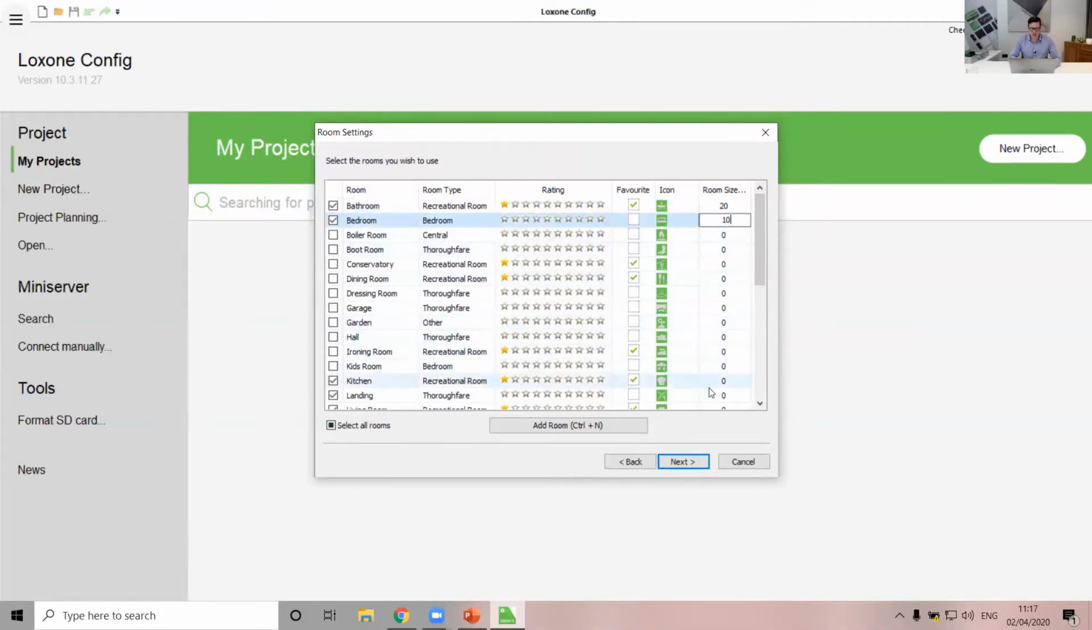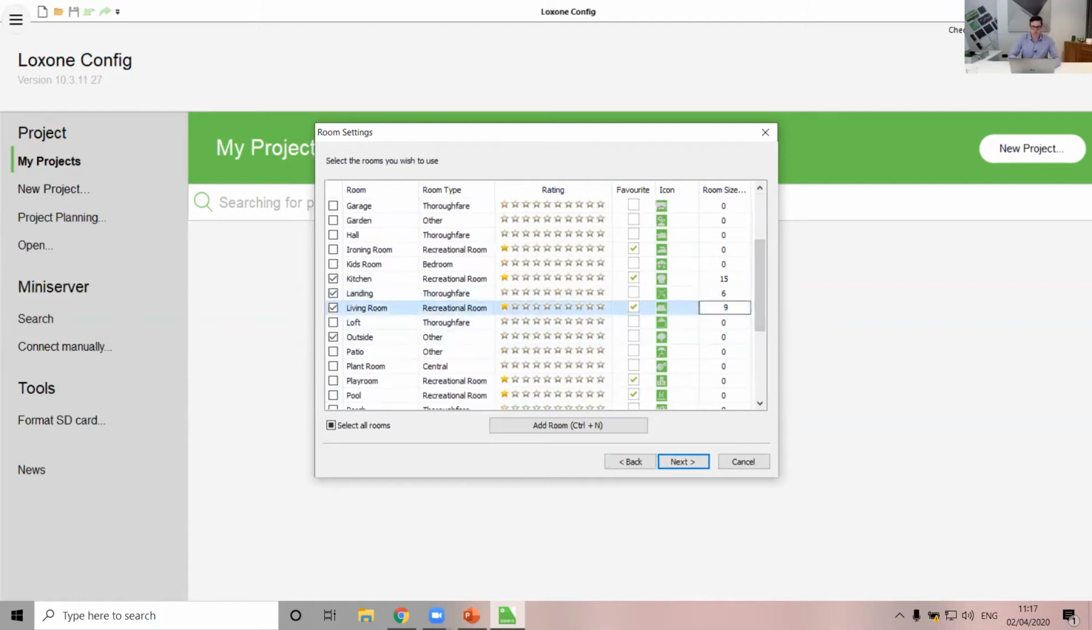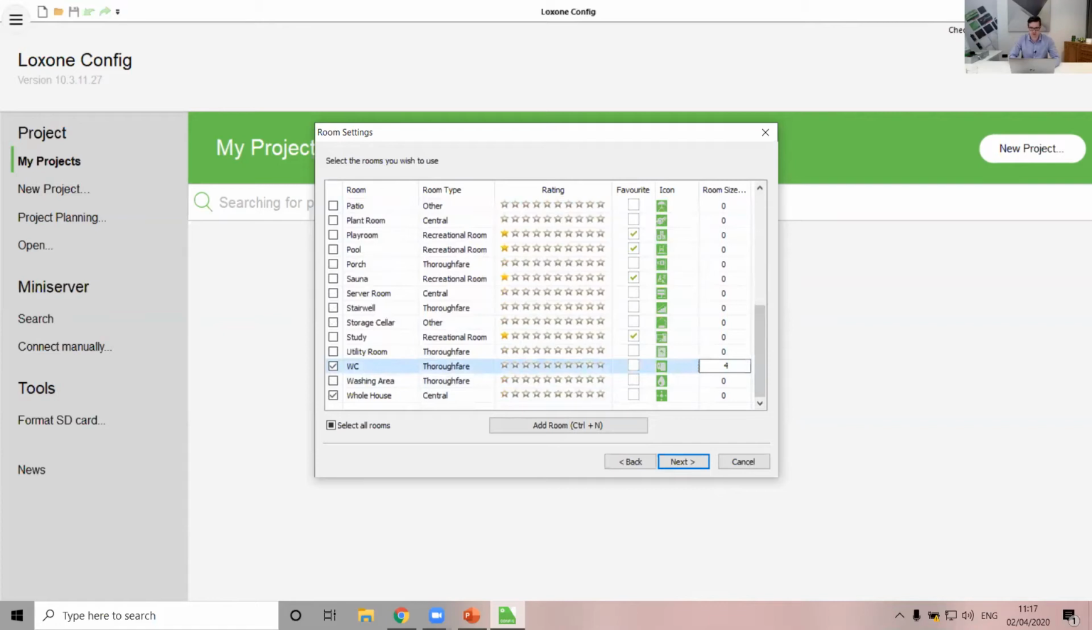I'm just going to quickly whack in some made up room sizes for all of these rooms, just so that I don't have to come back to this point and figure out why my heating isn't working later in the series. Outside obviously doesn't matter particularly because we wouldn't have heating outside, and the same for whole house. There wouldn't be a specific zone of heating in the whole house. Then we go